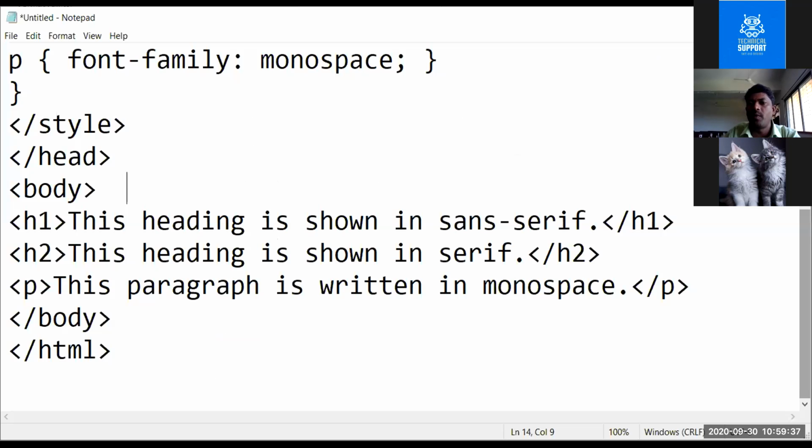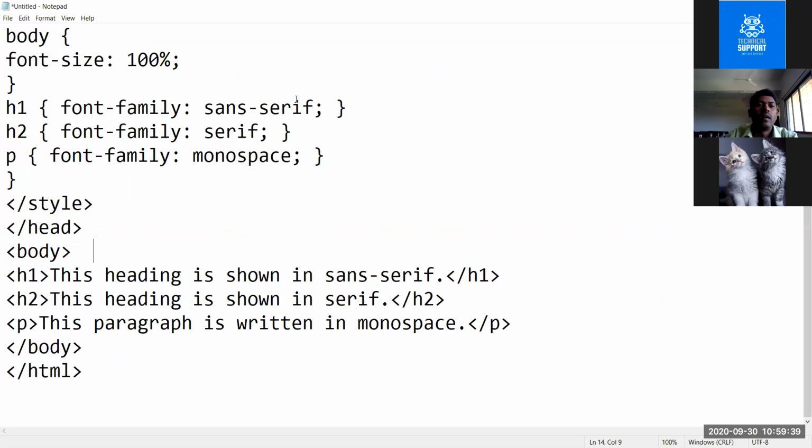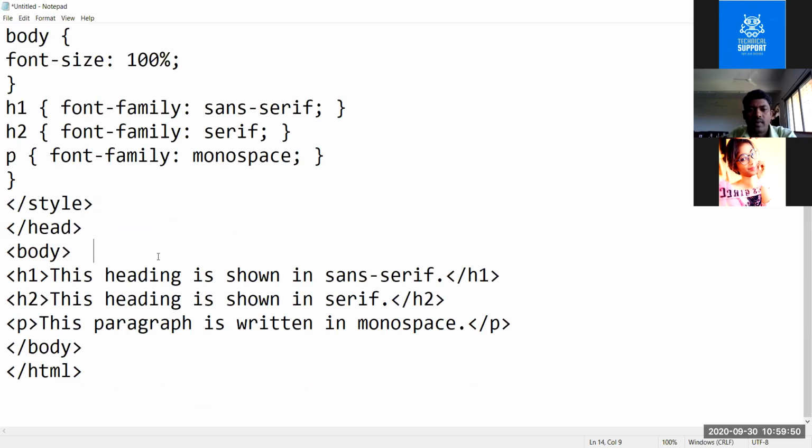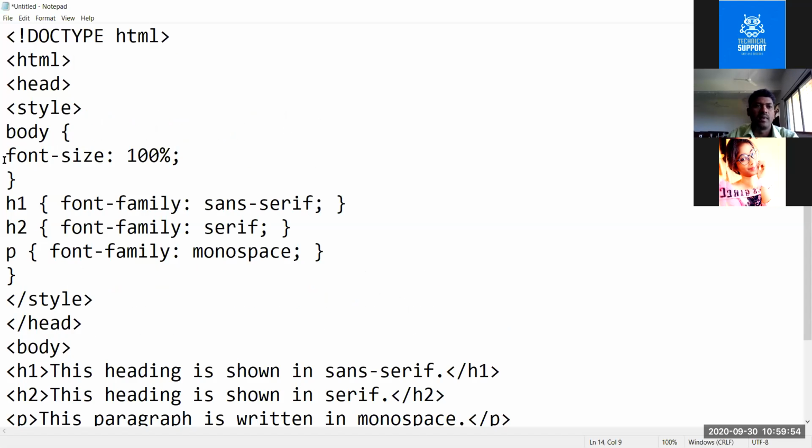Yes, this program is visible to you. Here we kept the font family as sans-serif and monospace. We'll see the generic font family first and execute this one, then go to the next example. I'll change this one.